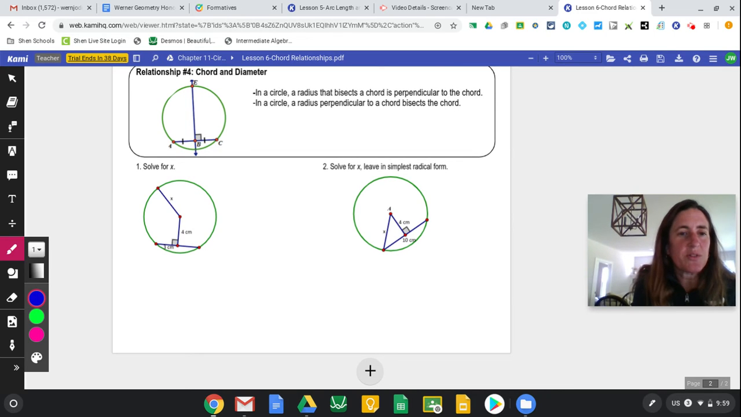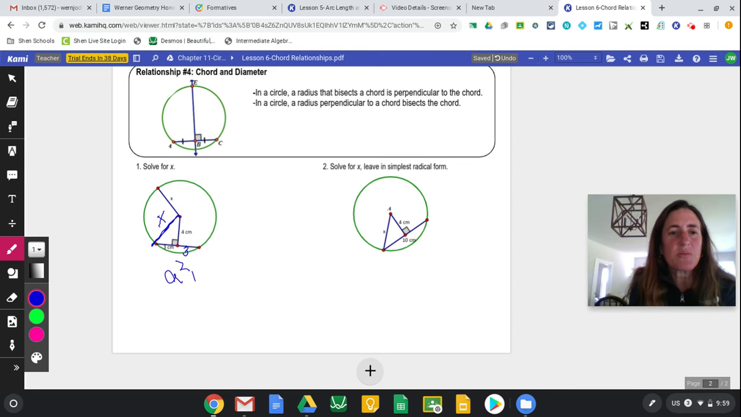So this says solve for x. All right, well, this is a little trickier. I know this guy's 3. Because it's bisecting there, this also is 3. I don't know if that really helped us or not, but I'm going to observe that this x is actually the radius. And if it's a radius, it's going to be the same no matter where it is in the circle. So I'm just going to simply swing